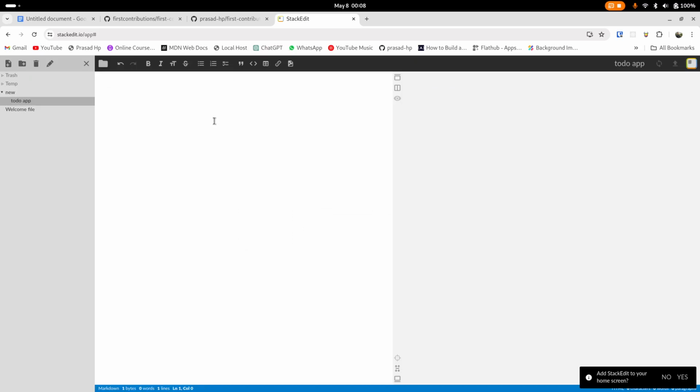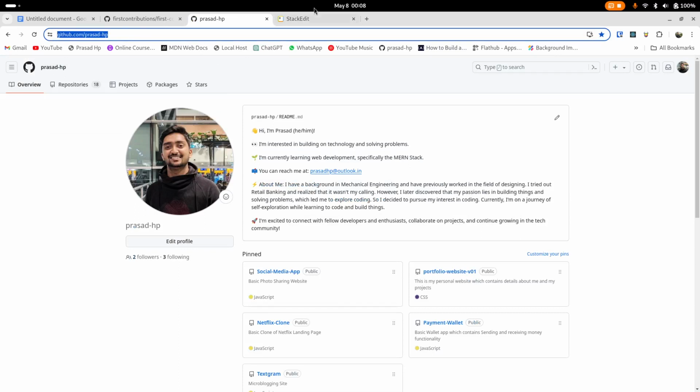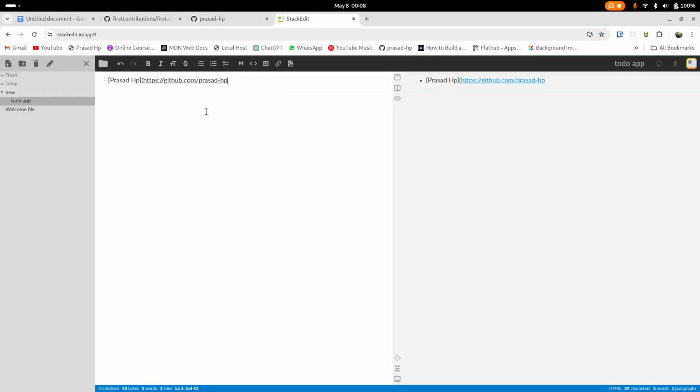Okay, here in this space you can just type, and on the right side you will see the output. So I will just type my name, HP. Just close it and open the bracket, and I will add my GitHub link. So yeah, just copy it from here and paste it. Yeah, so here you can see it looks like this, and if I click on this one, it will open